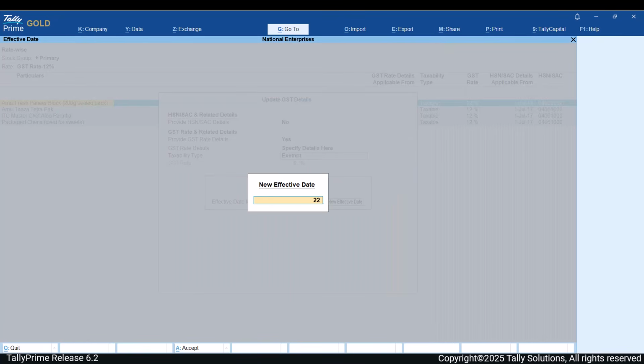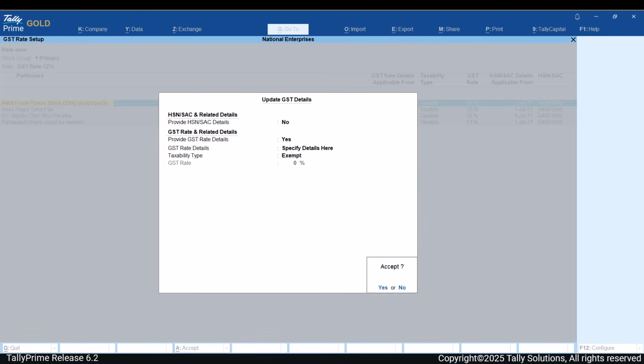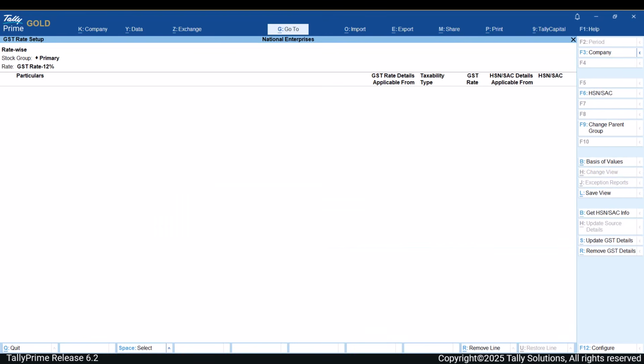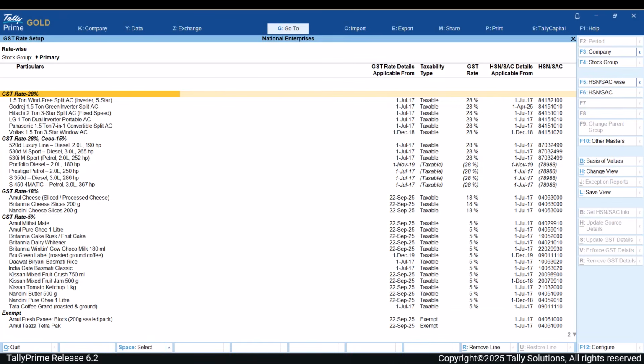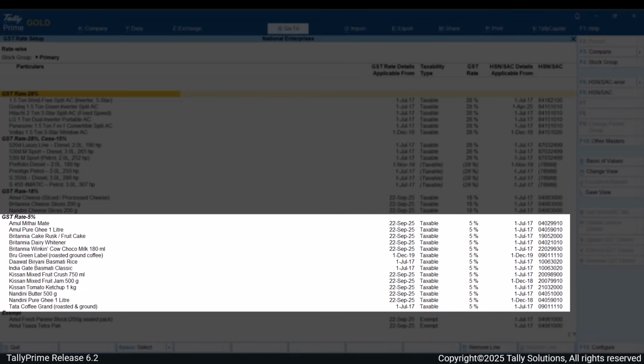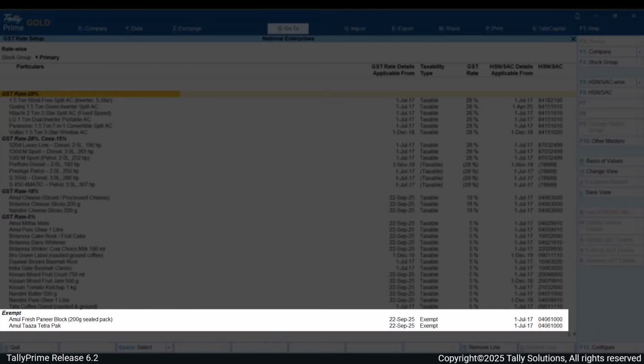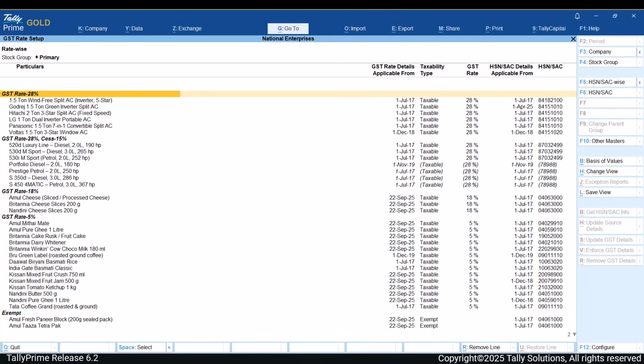Enter the effective date and save the changes. The items are updated and moved to exempt tax section in the report. Items with 12% tax rate have been moved to new tax rates like 5%, 18% and exempt based on the rate changes from GST Council.